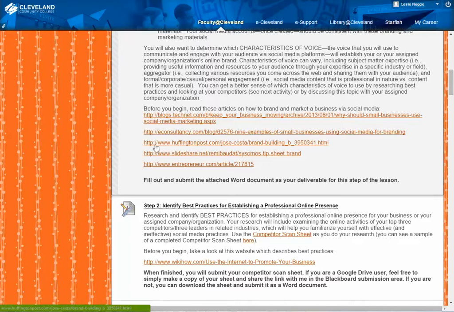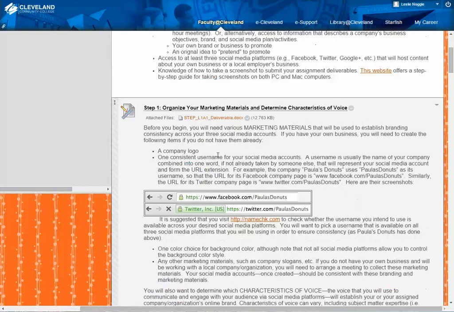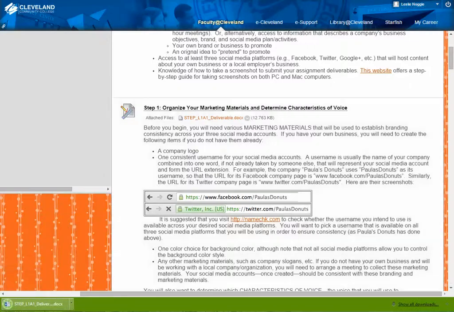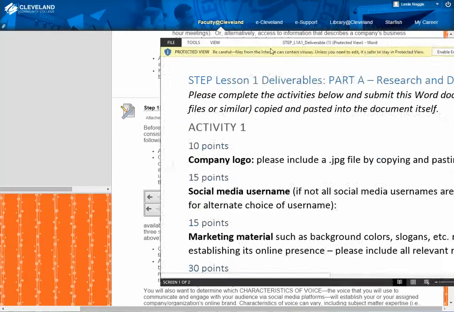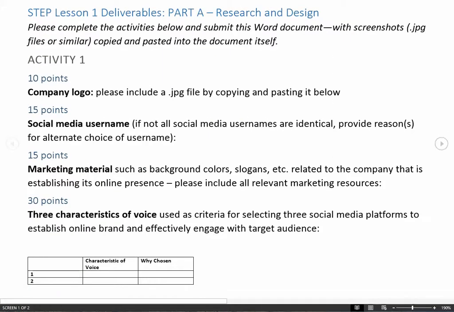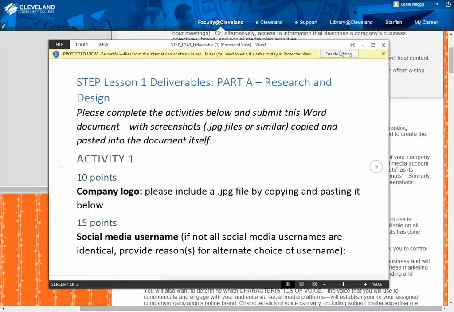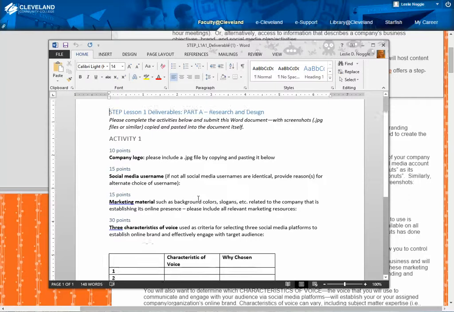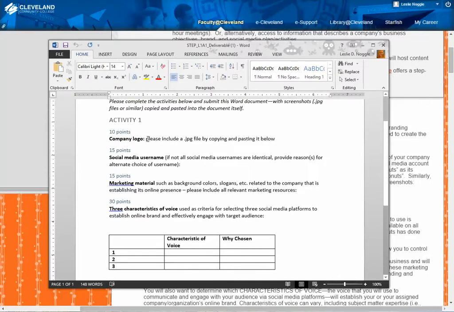So as you're thinking about those things in this assignment, I would start by reading these articles, which give you some great background on how to brand and market a business via social media. And as you are working through step one and coming up with each of those things, you are going to be filling out this Word document, which is the lesson one, activity one, deliverable. All 8 steps are part of lesson one. So you can see here that you are going to need to paste in your company logo,